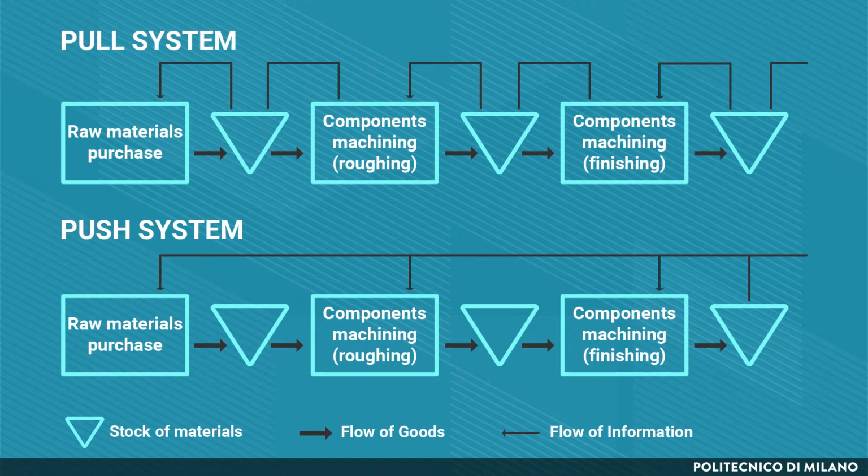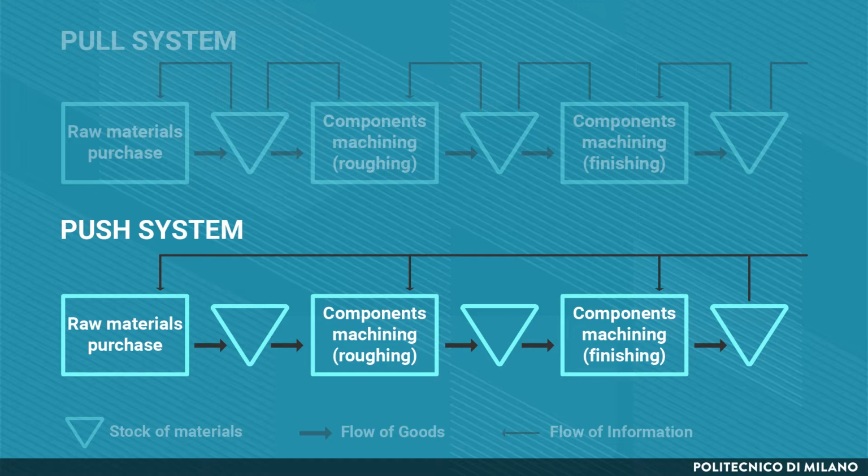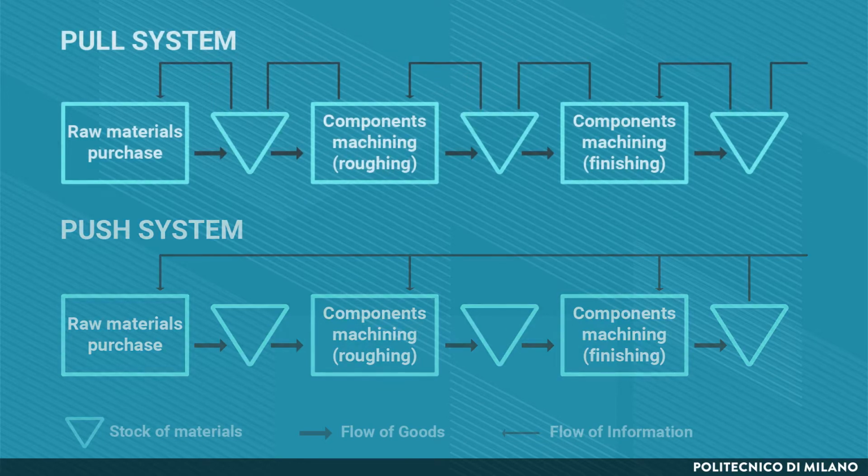As emerges from this graphical representation, the physical flow of materials from raw materials to end products is pretty much the same using the two approaches. What changes is the flow of information. In a push system, every stage receives in input the same set of global information, namely the MPS plan, transferred all the way up the production chain. On the contrary, in a pull system, every stage relies on local information, that is, the stock level at the